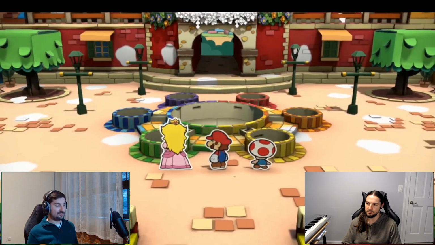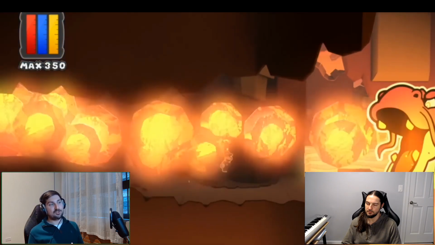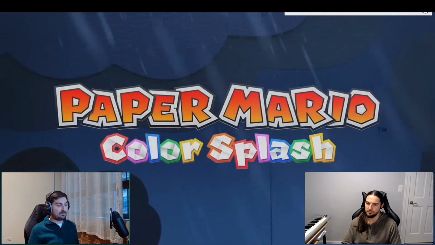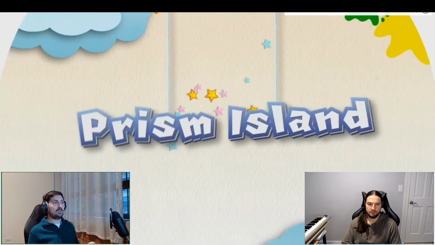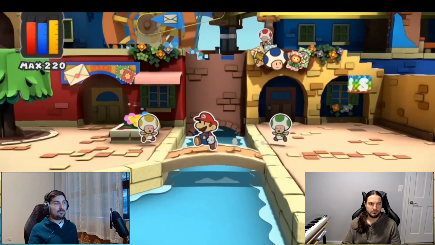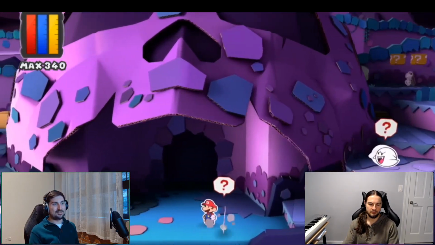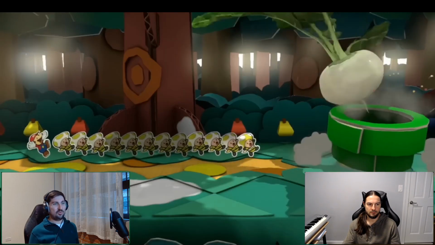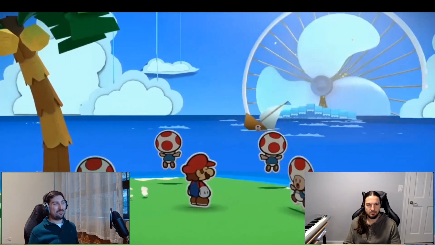In the old battle system, in the 64 games, in the GameCube game Thousand Year Door, and Super Paper Mario on the Wii, it basically reminded me of almost like a junior JRPG. It was turn-based, it was choosing a move, it was attacking an enemy. For some reason, I think it started with Sticker Star on the 3DS. They eventually started bringing cards into the battling, and it really just made things not fun and almost tedious to